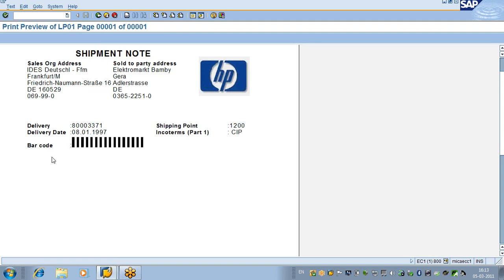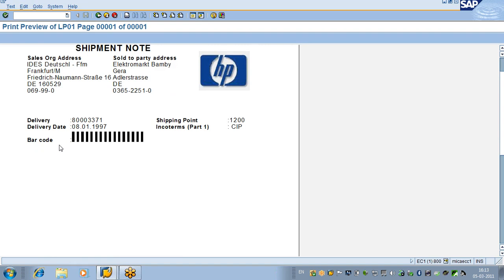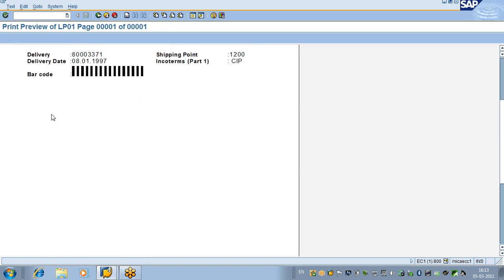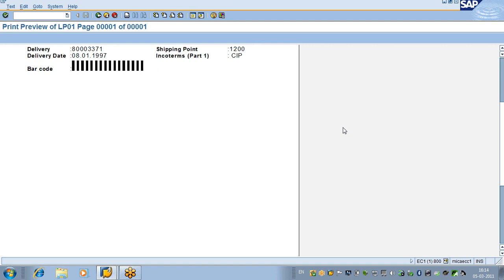Okay, sir. So before that, see what I want to put here. This is a delivery note. In the delivery note, there should be material numbers. I want to list material number 1, 2, 3, 4, 5, 6, the material description, and the quantity of the materials, and these kinds of things I want to list down. So these details will be available in a table. Yesterday we have seen the table name. Remember, the table name is